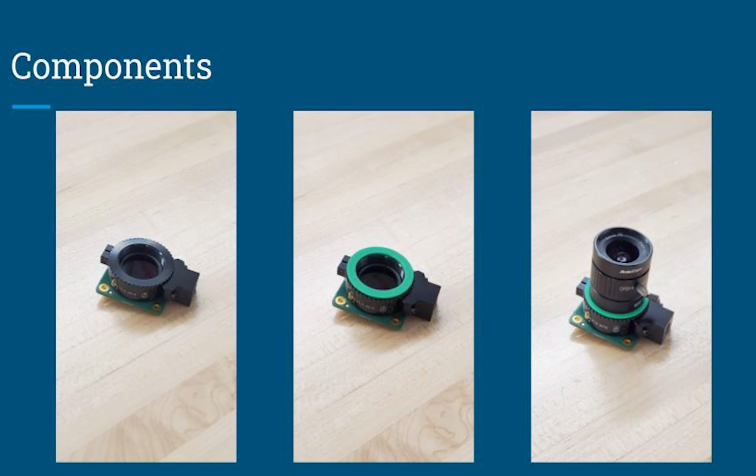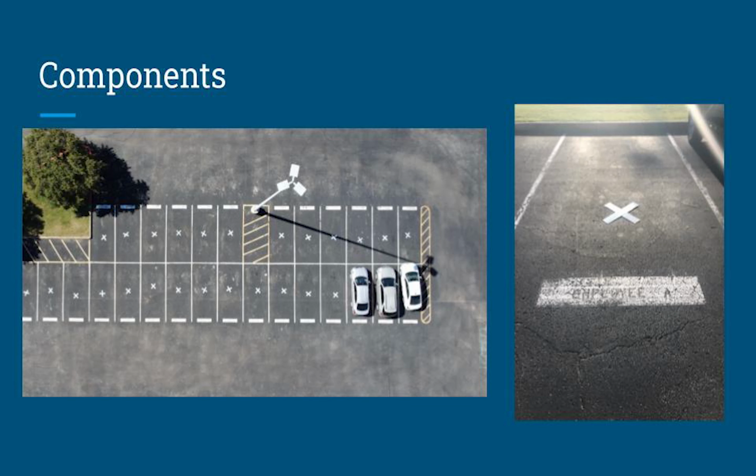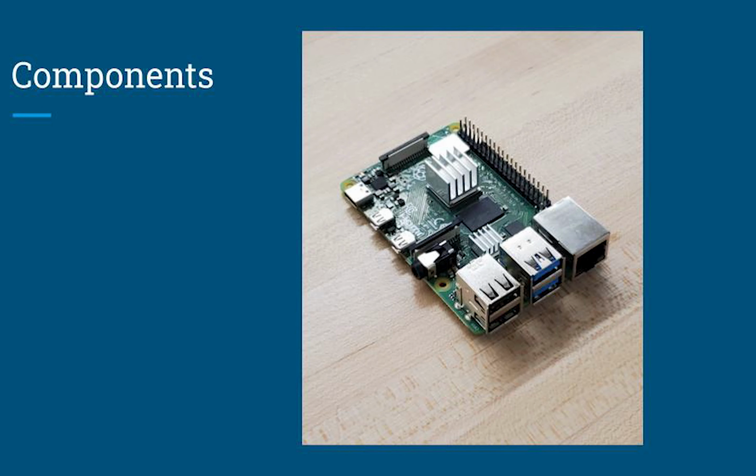The POM is composed of a high-quality 13-megapixel camera with a custom integrated IR filter alongside a Pelco IR flash that works together to track parking spot occupancy at all times of the day. They are assisted by a retroreflective target placed in each parking spot, which increases the device's accuracy, especially at night. The POM utilizes a Raspberry Pi 4B to run the image data collection, image processing, and finally, the series of neural networks used to detect the occupancy of each individual spot.